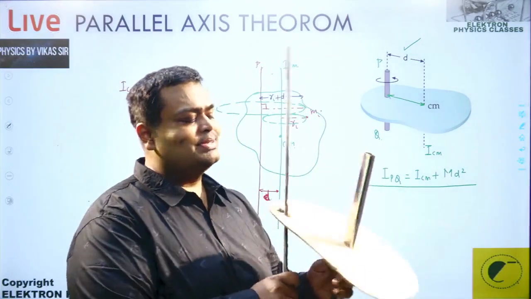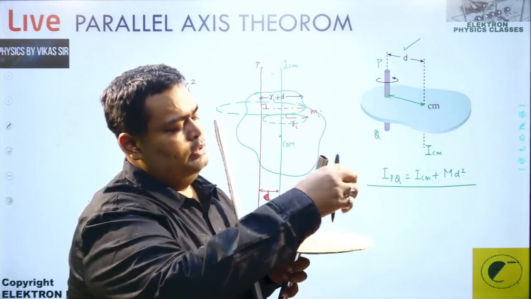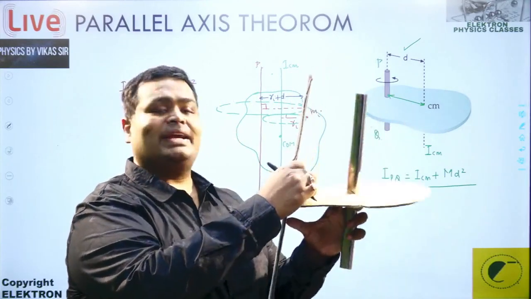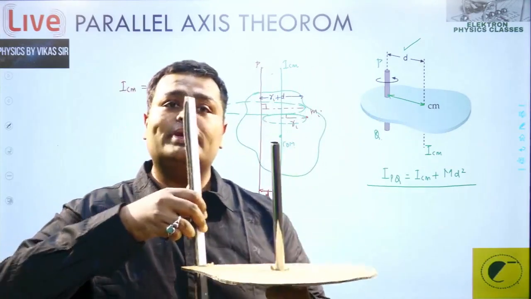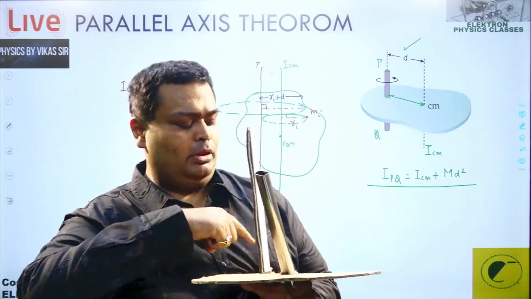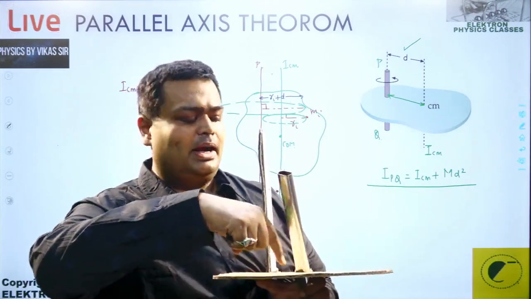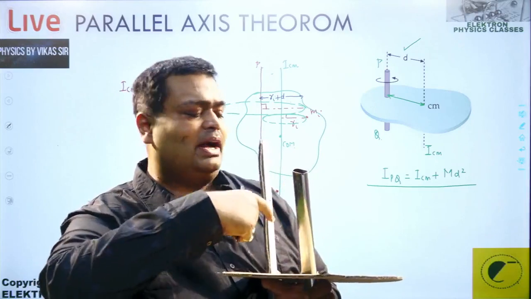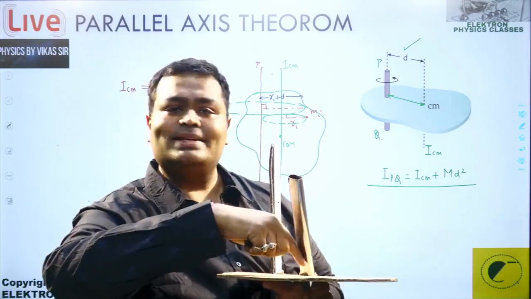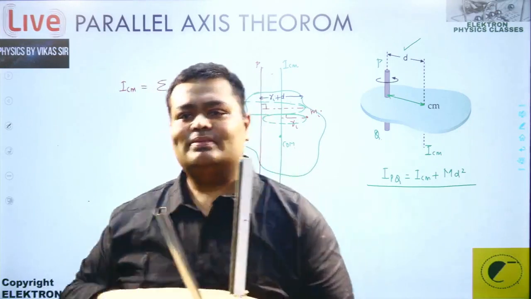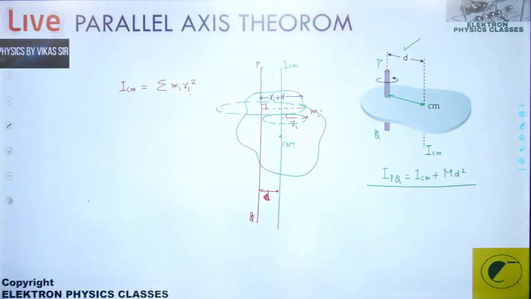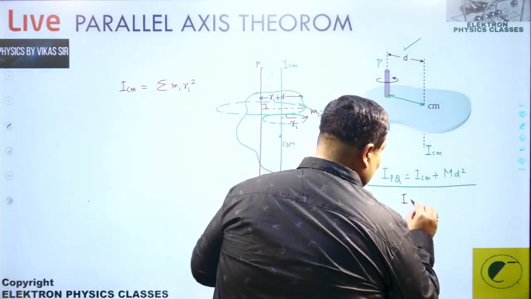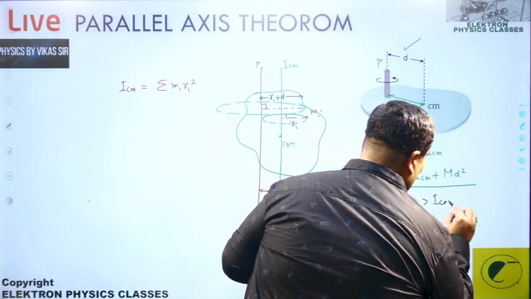So if you are considering a particle here, the distance from there is this much, and then from the second axis, from this axis, the distance is going to be different. This particle will have a smaller distance from here, a larger distance from here. So obviously the moment of inertia about this will increase because this particle has a larger distance from here. It's easy. That's what the theorem also says, that this moment of inertia is greater than this. That I_PQ is more than I_CM. This is what it wants to say.